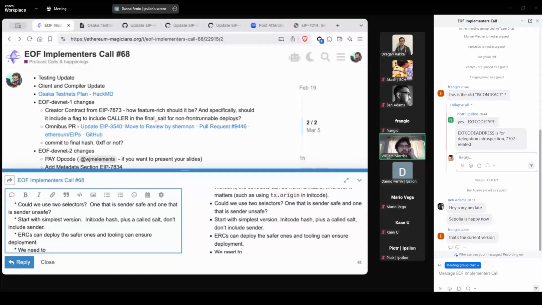I'm surprised init code hash isn't part of the address. It is in the first creator contract. The TX hash is. Oh yeah, in the first creator contract, yeah, the TX creator is, and we're not including the sender hash to guarantee total contracts. Yes, in the creator contract we have init code hash, salt, and input data. And I mean, that becomes the final salt, and that final salt is combined with sender, but the sender is already the address of the creator contract.